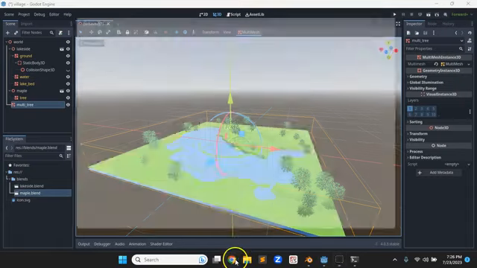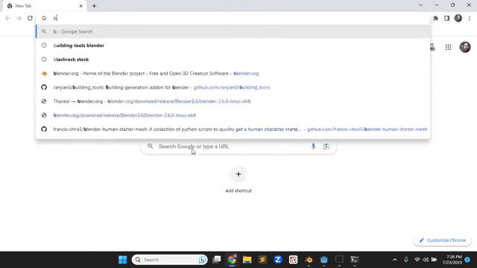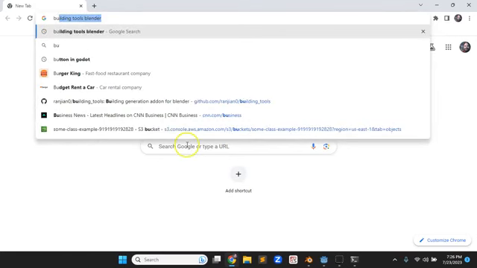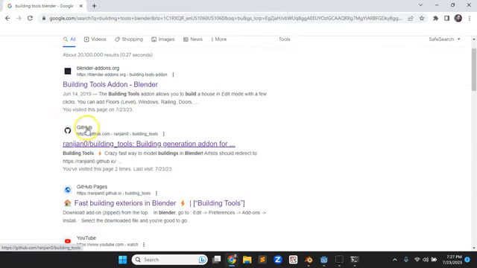And like I said, this one's not built into Blender, so we have to go search for it. So if you just go to the search engine you normally use, and search for Building Tools Blender, or Building Tools in Blender. Right at the top, you'll see the one for the store. If you want to pay for one, there's some really, really nice ones to pay for. I wanted a free one, so the second one here is really nice. This GitHub link for